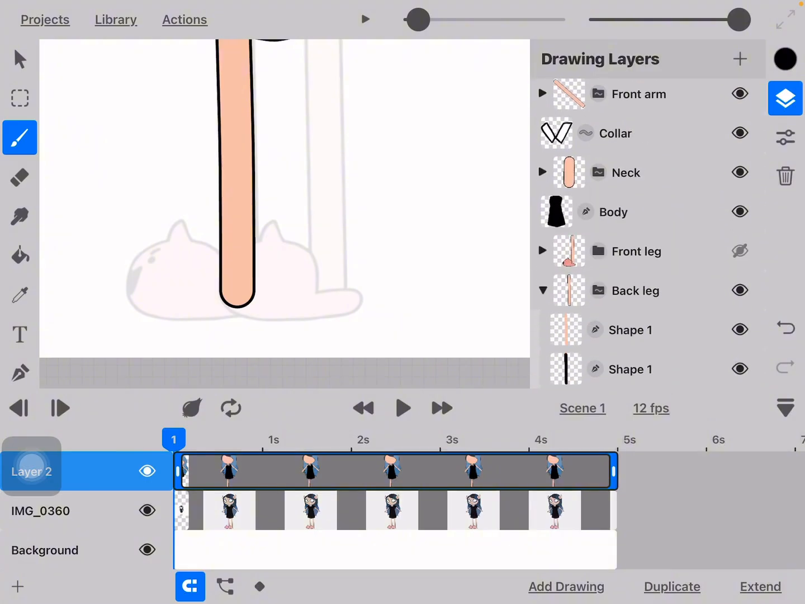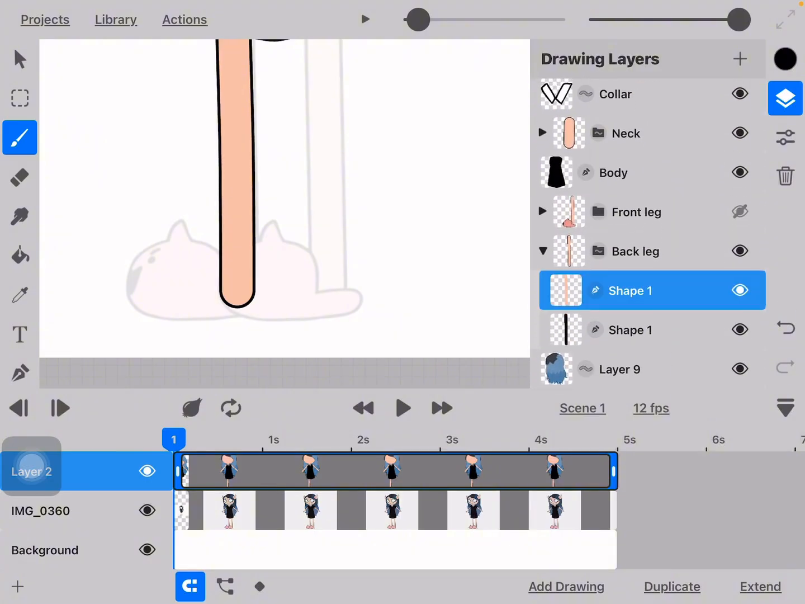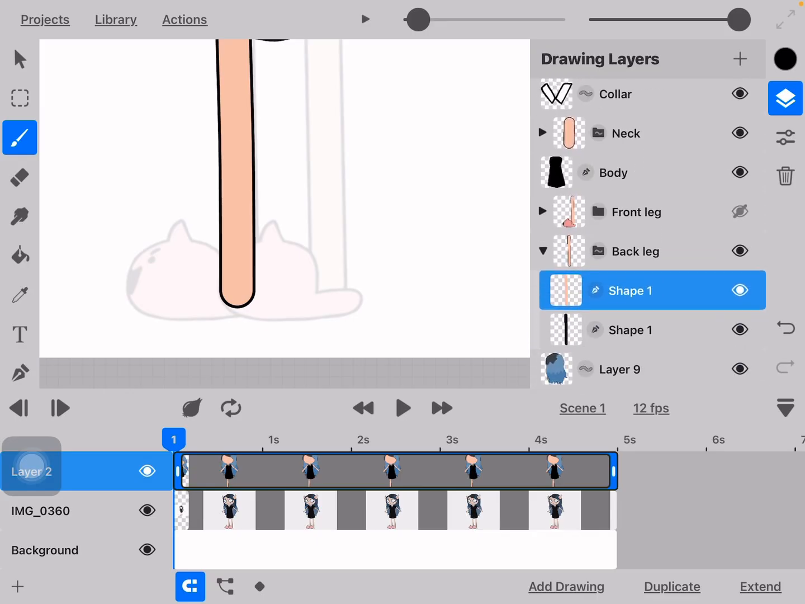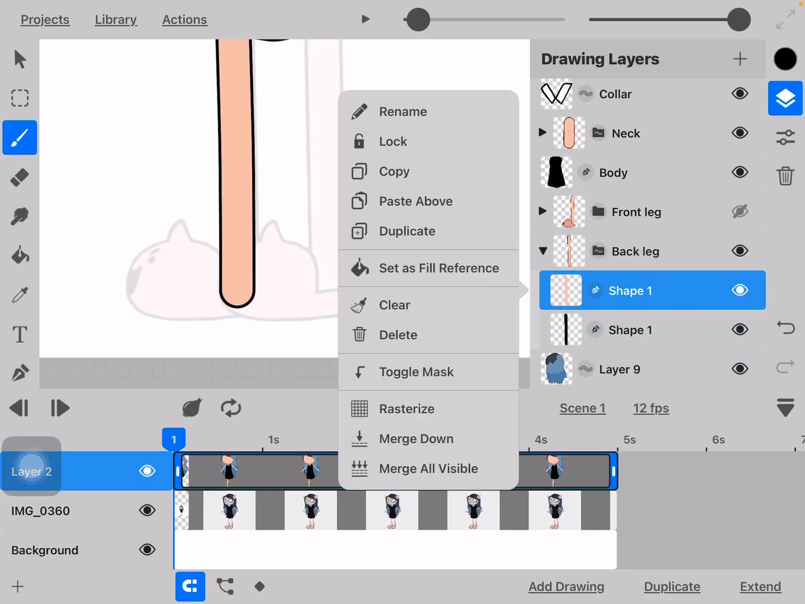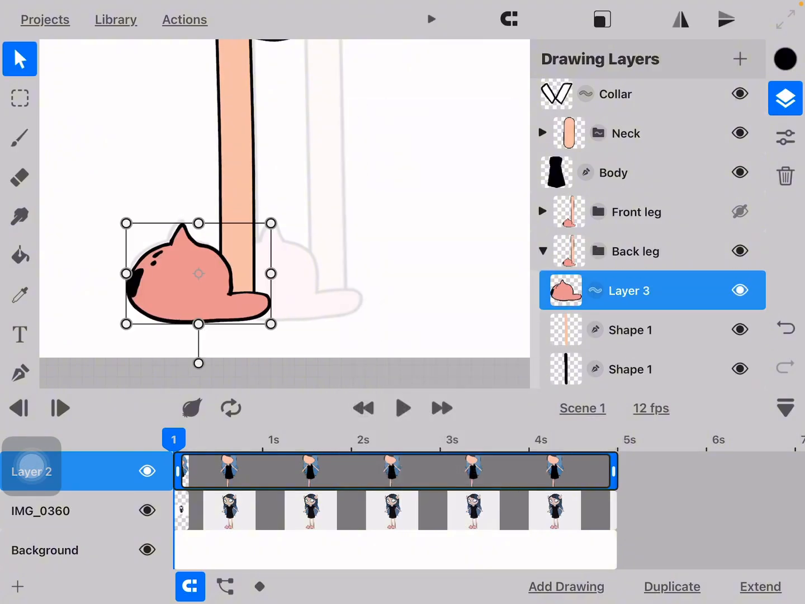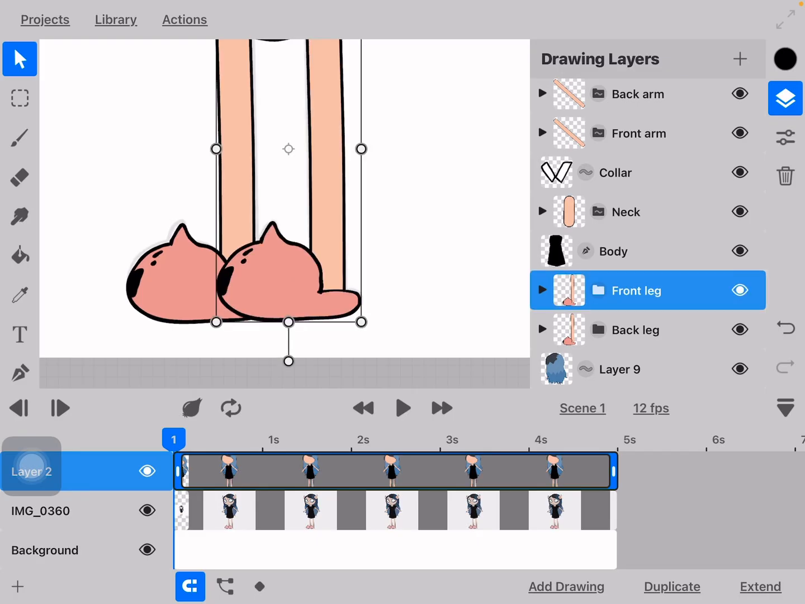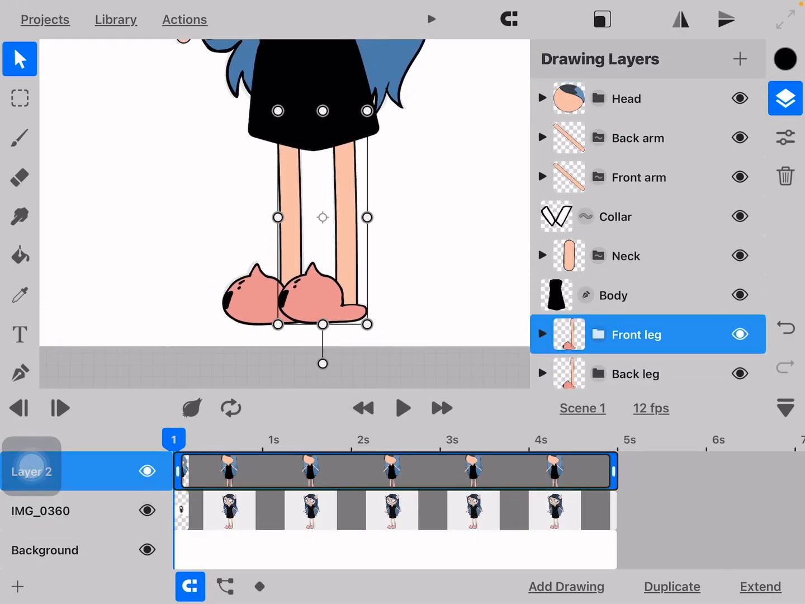Going to click the leg shape, not the group. I'm going to click inside the group. I'm going to click the shape and I'm going to paste above. And it's going to paste the slipper in there. Perfect. Now that we have both of our legs, both of our slippers,